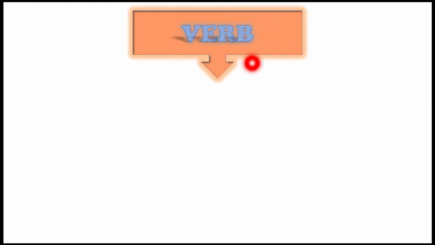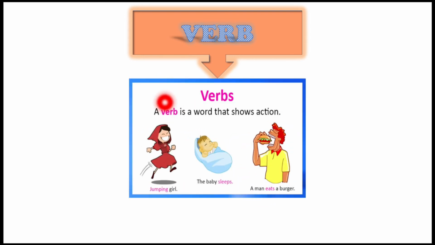This is verb. Now what is a verb? Verb is a word that shows action. आप जो भी एक्शन करते हो, we can also call verb an action word. जो भी कुछ करते हो, जो भी एक्शन आप करते हो, उसे क्या बोलना है, हमें verb बोलना है। So this is a jumping girl, the baby sleeps, a man eats a burger. आप बैठे हो, this is to sit, to stand, to listen. Right now you are listening to me, तो वो भी क्या है,